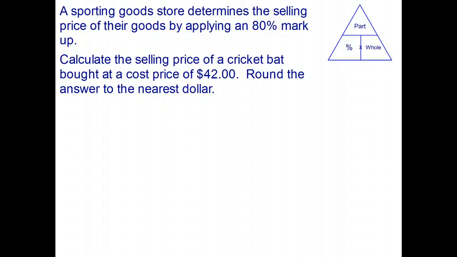Okay, welcome back. So this question is very similar to the other one. The sporting goods store applies an 80% markup. They purchase a cricket bat for $42. We've got to find out what the price on the sticker is going to be, the selling price. So we first need to work out the markup,